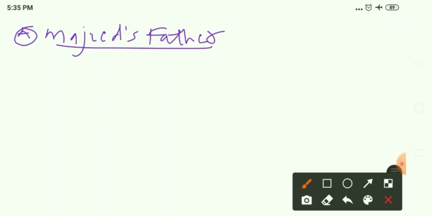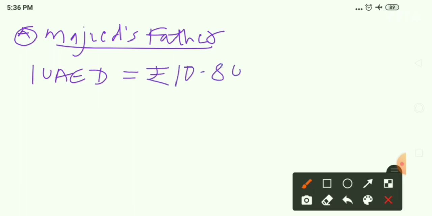Now I will write 1 UAE dirham. 1 UAE dirham makes how many rupees? From the table you can write it. It is 10.80 rupees. Okay, so 1000 UAE dirham is equal to